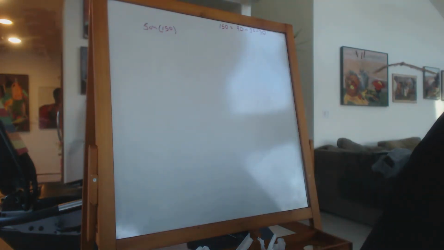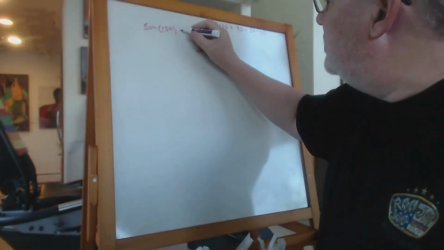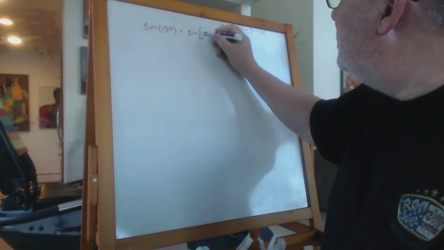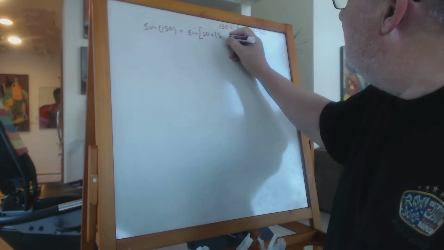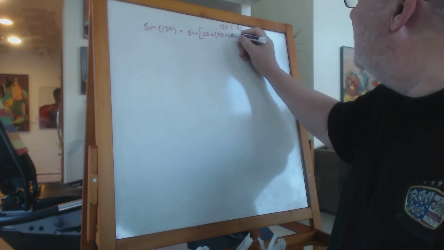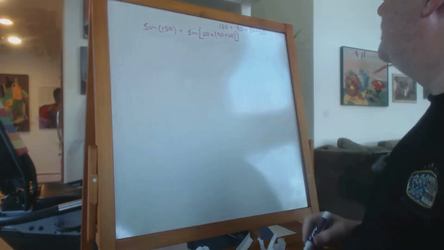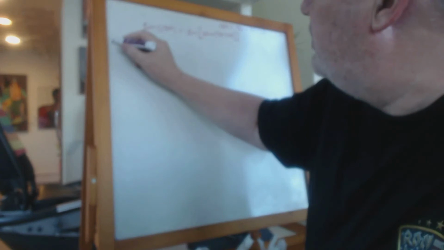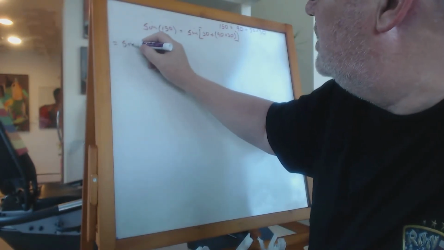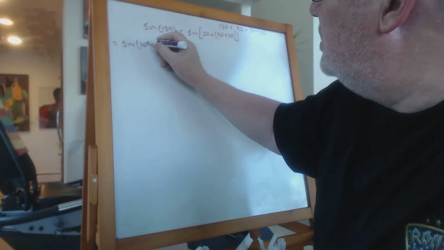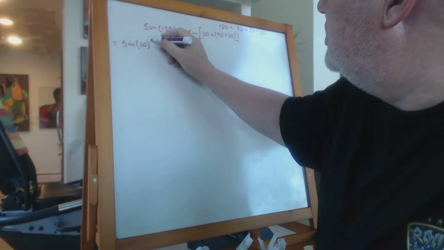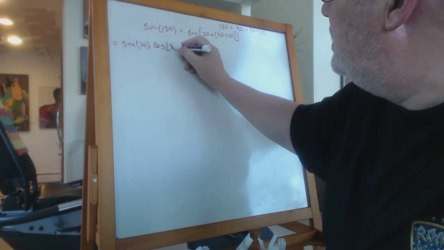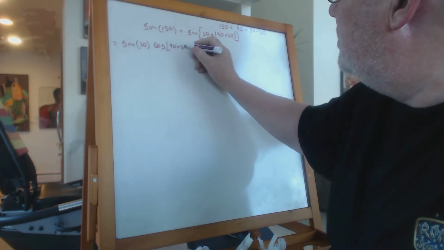So let's write that out. Is equal to the sine of 30 plus 90 plus 30. And if we use the double angle formula, we have that equal to sine of 30 times cosine of 90 plus 30